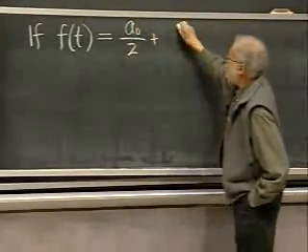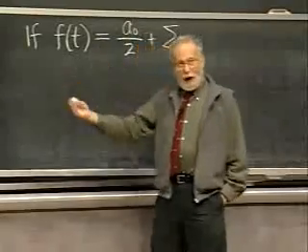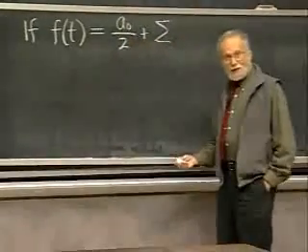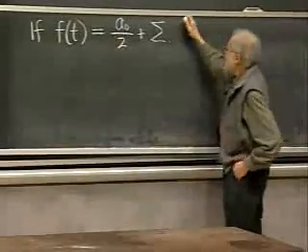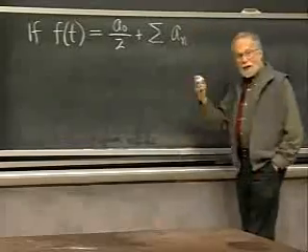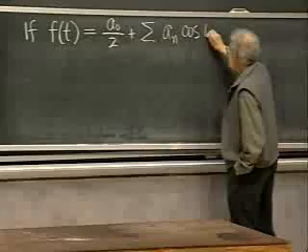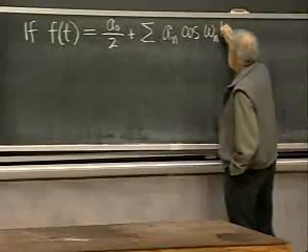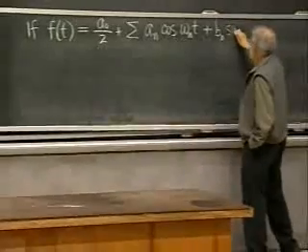The procedure is: take your f of t, expand it in a Fourier series. Well, doesn't that assume it's periodic? Yes, sort of. So suppose it's a Fourier series. I'll make a very general Fourier series. Write it this way: cosine omega n t, and then the sine terms, sine omega n t,